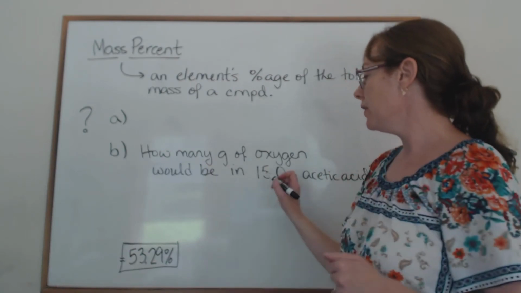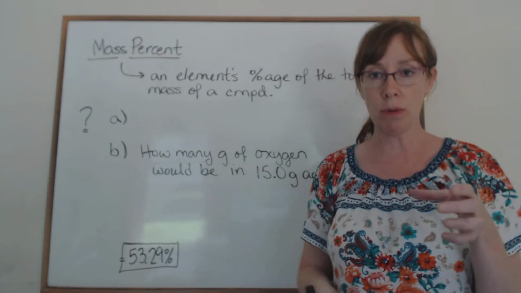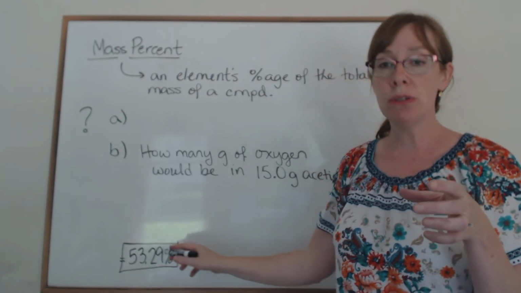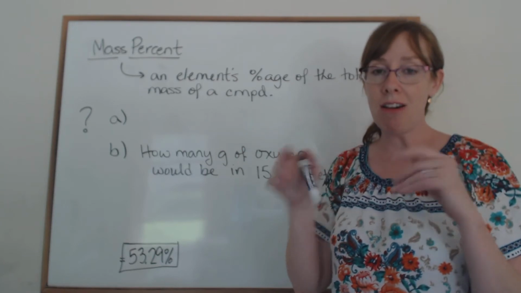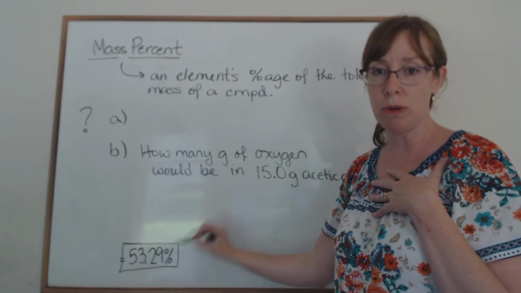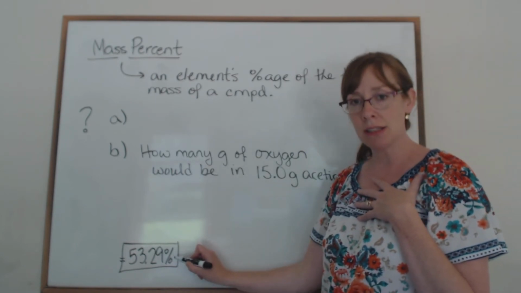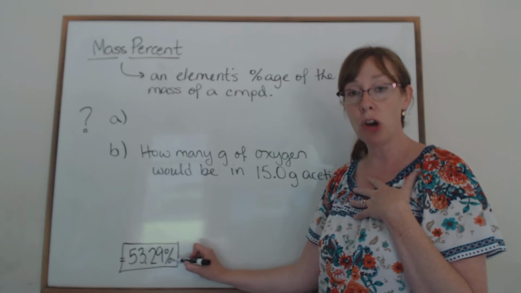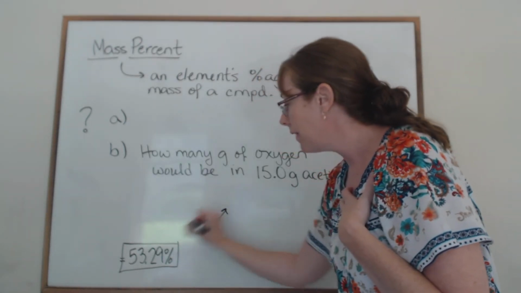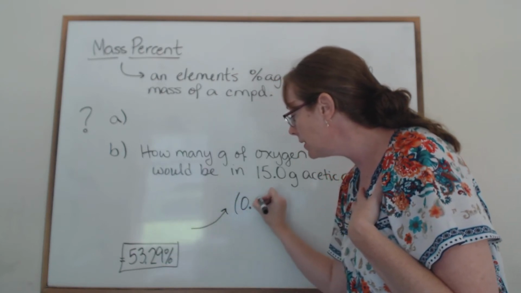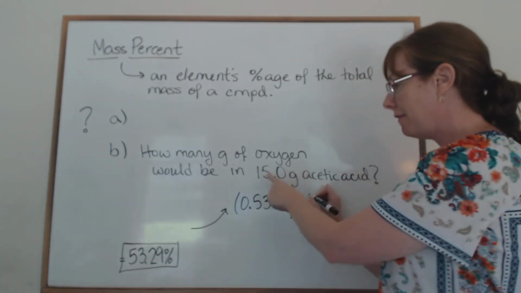So essentially, if you're in the lab and you had 15 grams of that whole compound, acetic acid, say you had it in a beaker or whatever, you could use that mass percent to figure out how many grams of oxygen would be in that. And honestly, all you have to do is take 53.29% of that number. Just remember that with percentages, percent means per 100. So what you would have to do is divide that by 100. You would use this number, 0.5329,